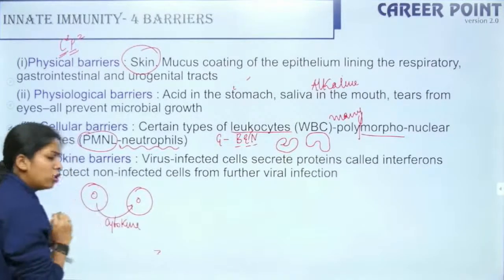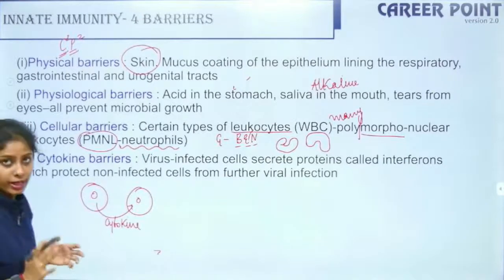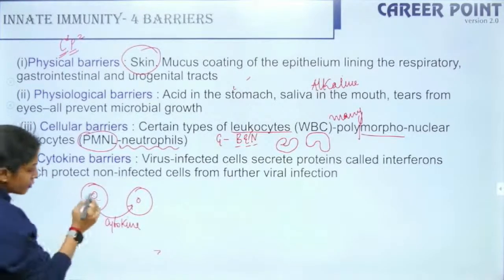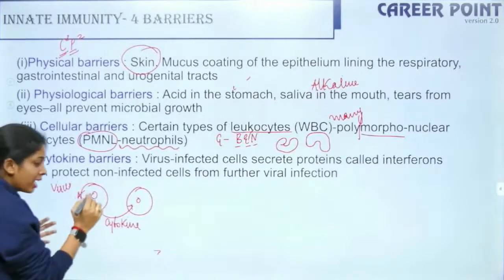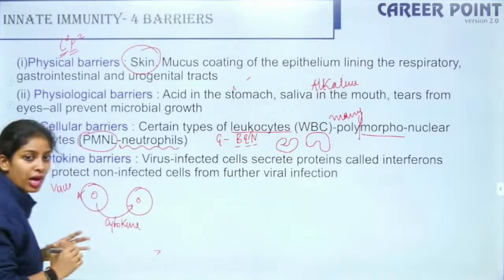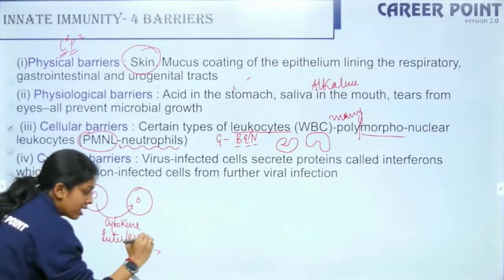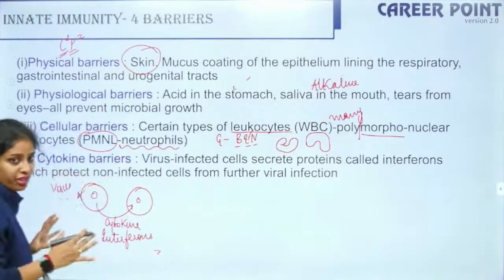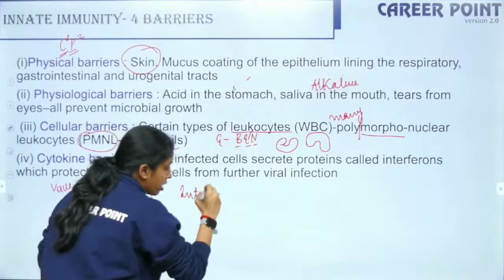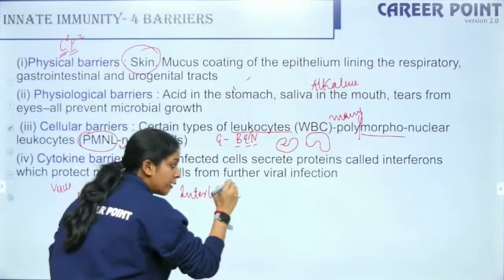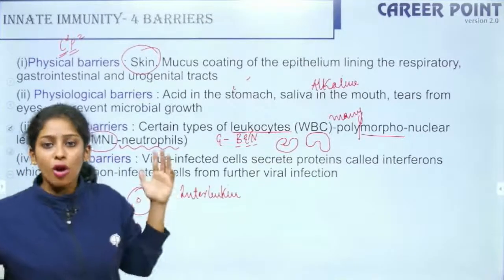So you have a lot of cytokines. You have a book related only to cytokines. There are so many. But one example: suppose this cell is killed because of a virus. When this cell is dying, it will send a particular type of cytokine called interferon. So when interferons are secreted, it is understood there is a viral infection. There is another type of cytokine called interleukin. Interleukin is secreted by the WBC when there is some other type of infection. So cytokine is a range of molecules.